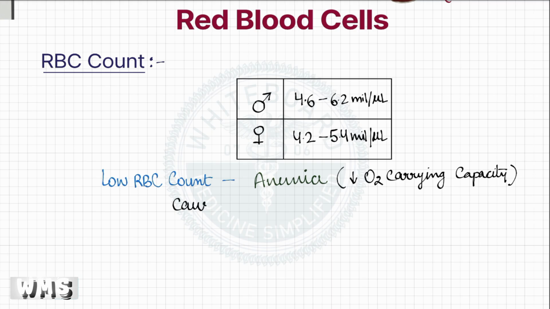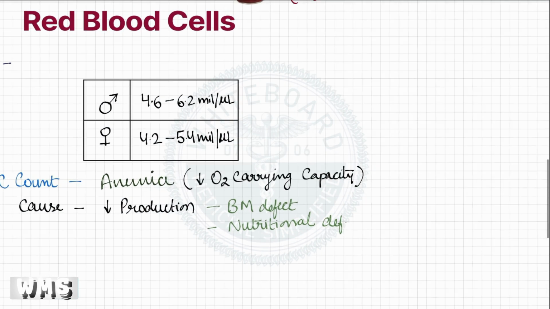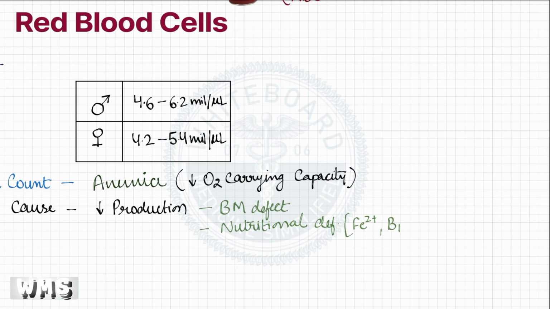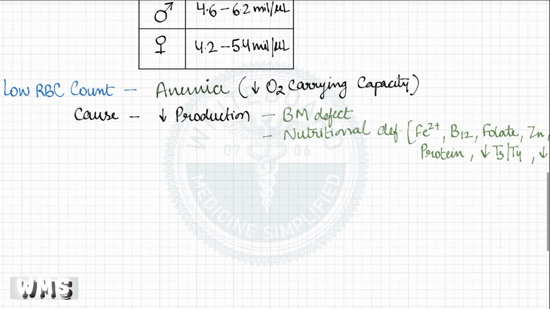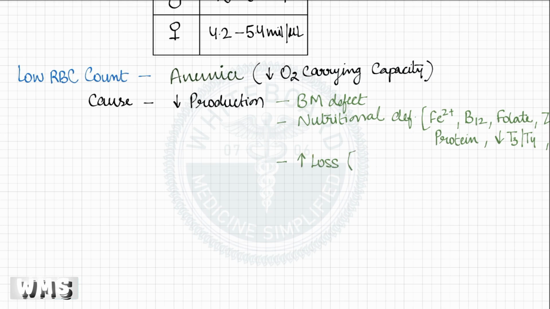Low RBC count can result from reduced production of RBC, that is due to bone marrow defects, nutritional deficiencies like iron, B12, folate, zinc, cobalt, protein, or low hormones such as thyroid or erythropoietin, or from increased loss, that is